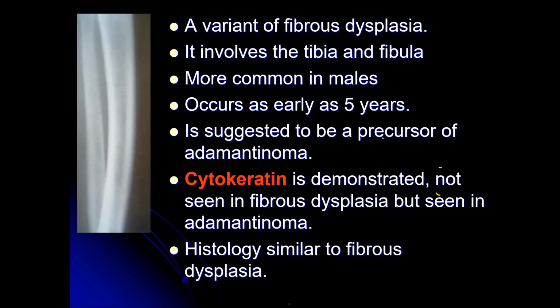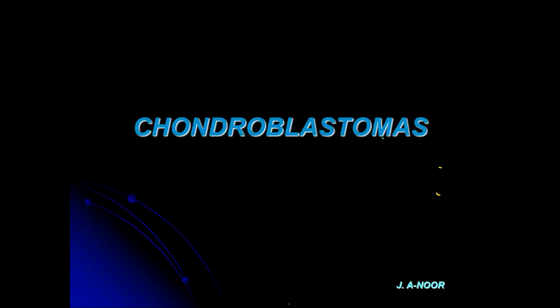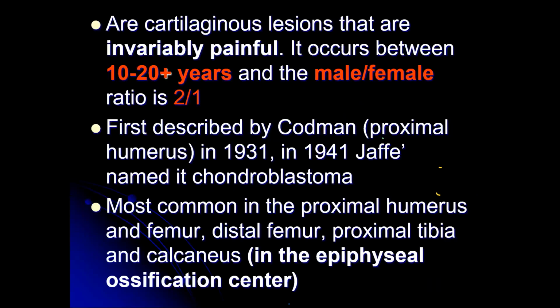very commonly, quite commonly in the region of the knee. It can occur in the humerus. It was called Codman's tumor, and these lesions localize within the epiphysis, and it's mainly of cartilage tissue. It consists of a chicken wire appearance, and